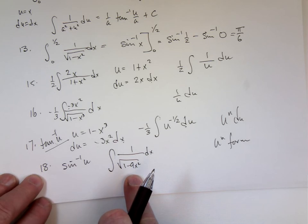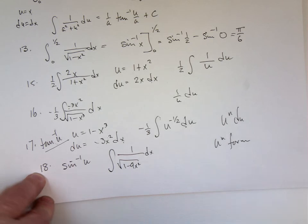It's very similar to your problem. The du is 3dx. So,